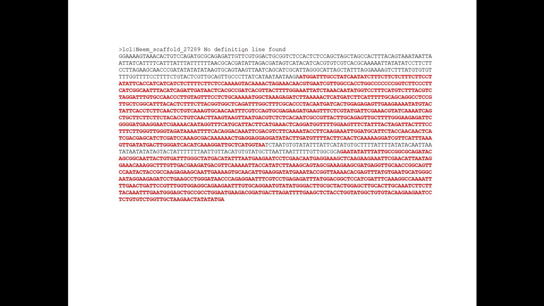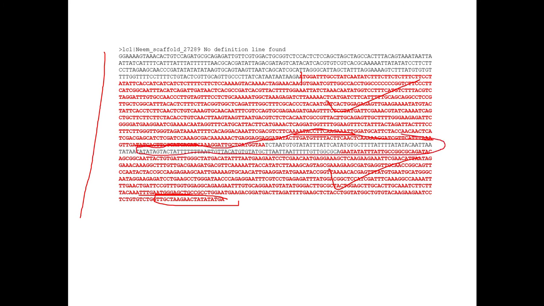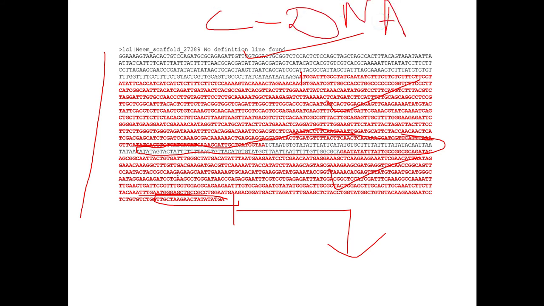So I have already told you that this is ATG, this is your TGA, and in between, how much intron does this sequence have? 2 exons, and between the 2 exons there is 1 intron. So this is your 5' UTR; the 3' UTR is not written here. This is cDNA.